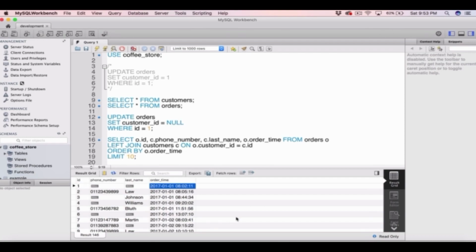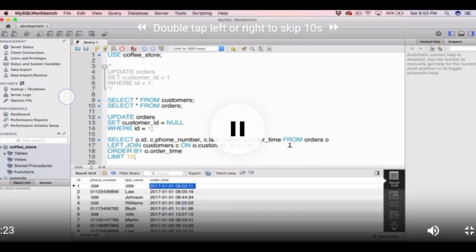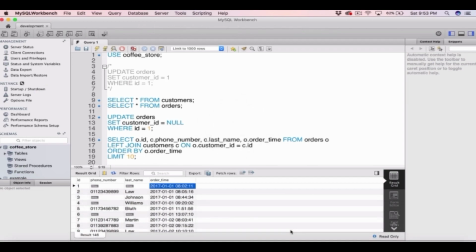And to show you that this is true, I'm going to run exactly the same select statement, but I'm going to switch table 1 and table 2 around. So I'm going to make the customers table table 1 and the orders table table 2. So let's do that now. So I need to change the from orders to customers, so from customers C, and then I need to do the left join on the orders table, so orders O, and I also need to switch the order round in the on part, so I need to say C.ID